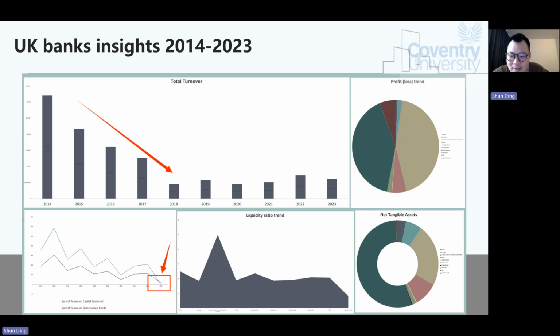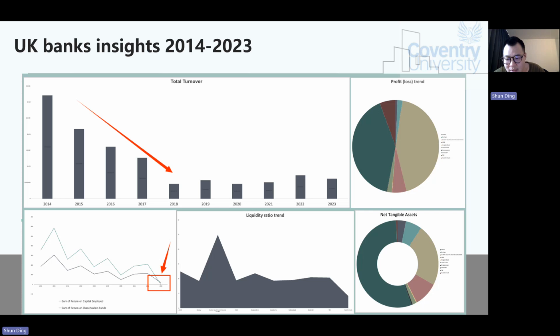According to statistics, the GDP growth rate of the UK in 2018 was only 1.4%, and economic growth slowed down. In addition, Brexit has led to new regulatory requirements for the British financial industry. Complete external factors have led to the cut in turnover of British banks.